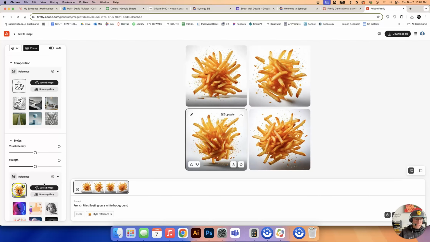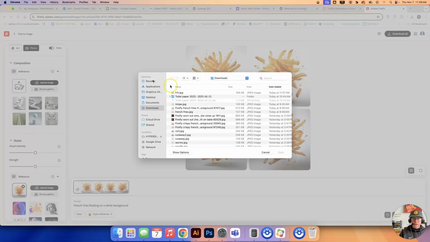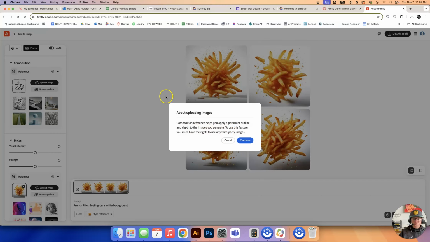And to do that really easily, I can click on this little pencil icon and choose use as style reference. And when I do, you can see that that instantly put it over here as the style for this image. Now I'm going to go to composition, and this is going to set the reference, the skeleton, it's going to basically make the structure of this design. So I'm going to upload my image that I just created, French fry.jpg, open it up,